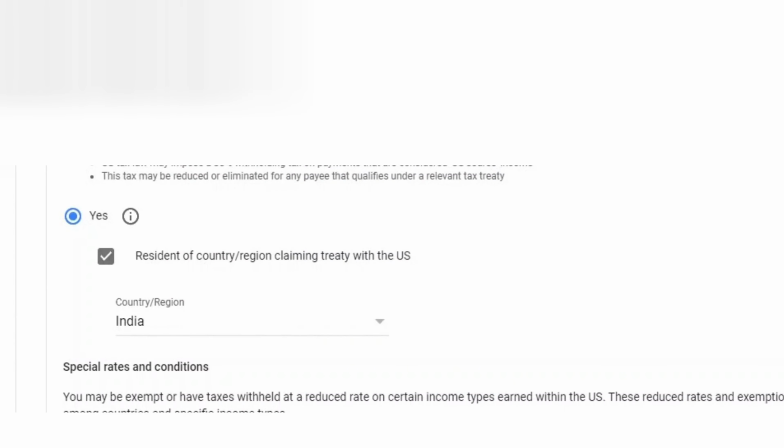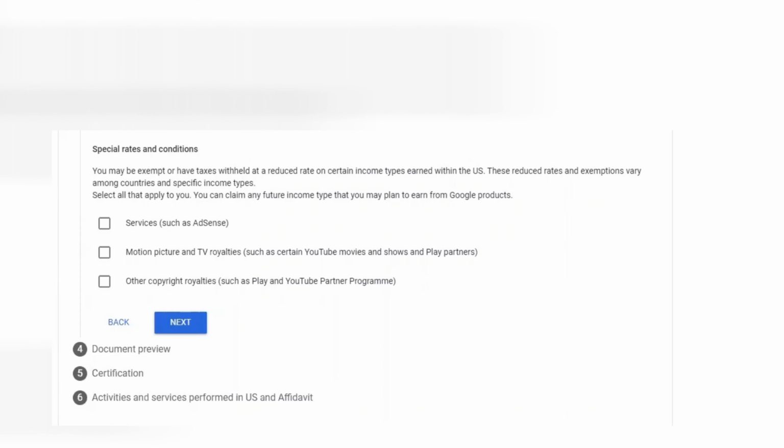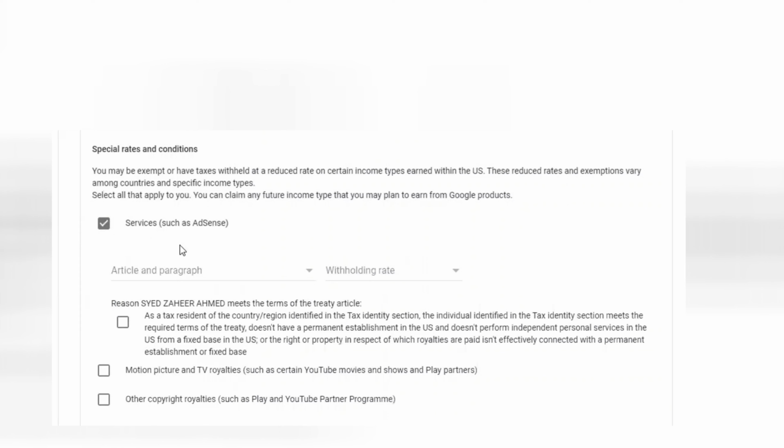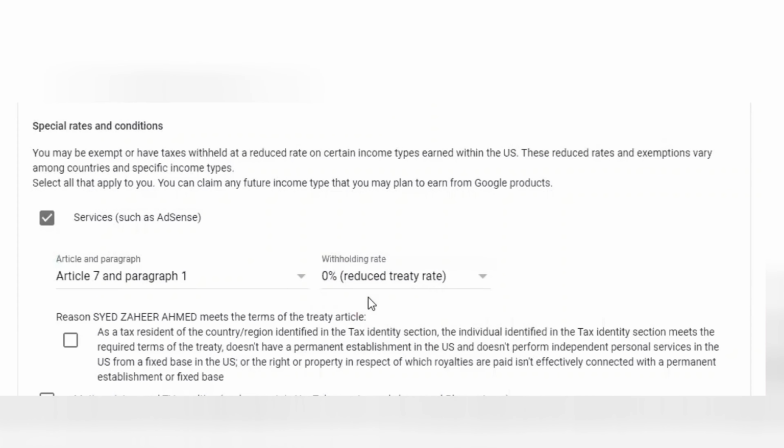You can see here we have three services: AdSense, motion picture and TV royalties such as YouTube movies, and other copyright royalties. In the first one, we have to click on article 7 and paragraph 1 in the AdSense. Withholding rate we have to select as 0%, reduced treaty rate.